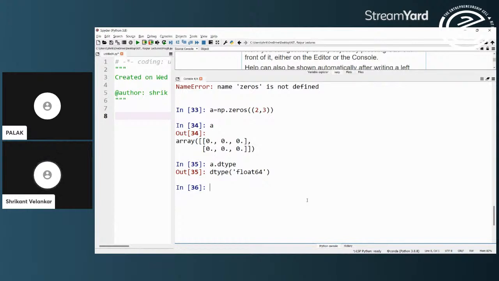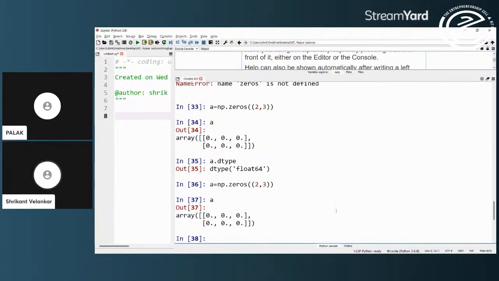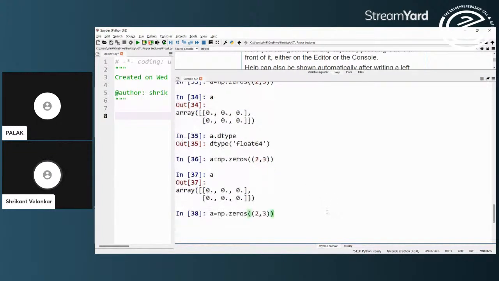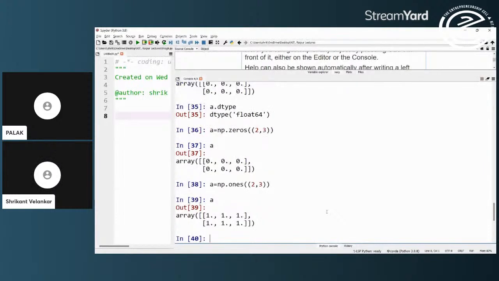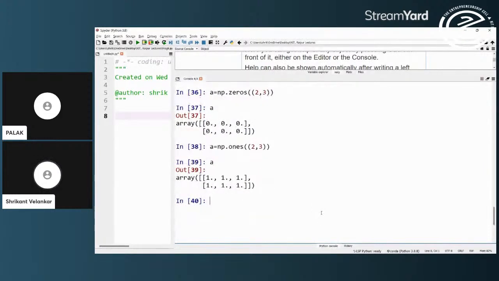So in short, np.zeros creates an array of 6 zeros. Similarly, if I want to generate the matrix of ones, I can do it by np.ones, and in such a case, it will create a matrix of ones. Similarly, if I want to generate an identity matrix, I can say np.I.